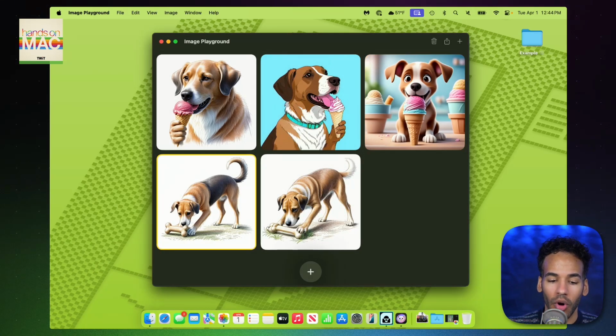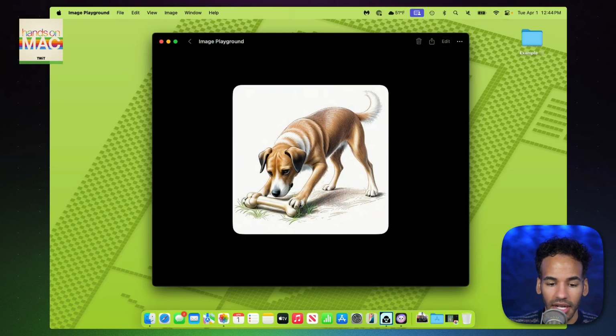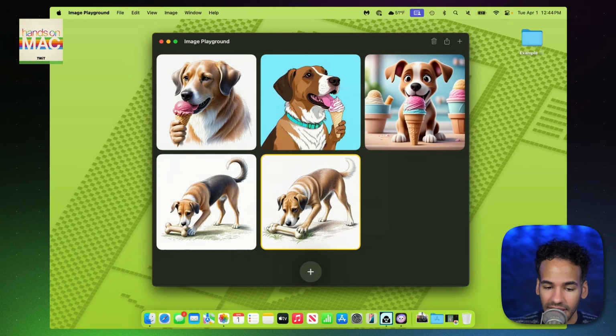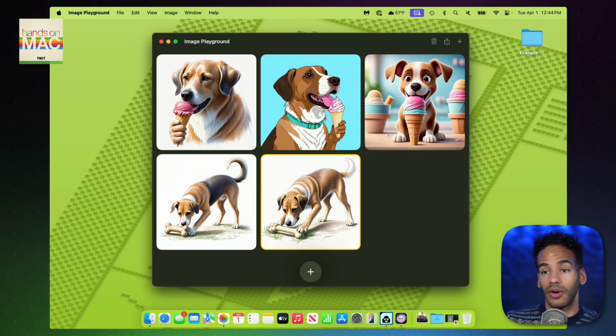And then here are 2 more sketches that I generated. If you are watching, it's just a dog that was supposed to be digging for a bone, but instead this dog is just sniffing a bone that is sitting on top of some grass. But these sketches are really nice. And I remind you, these photos are generated locally on device. So keep in mind that you're not going to the cloud. You're not going to a server somewhere to create these photos. That's why it requires an M1 Mac or later to do this level of image generation right there on your